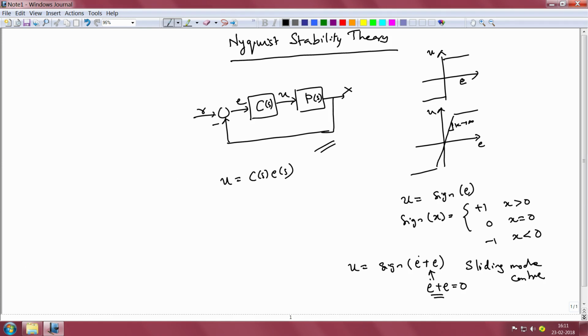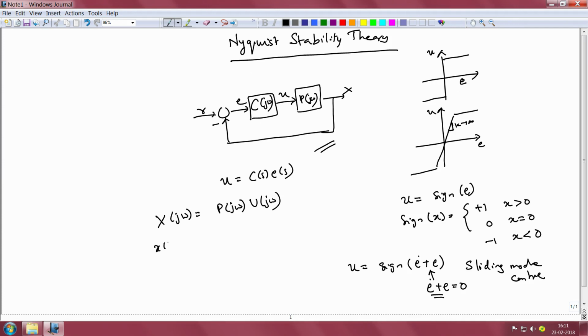So, if one were to look at C of j omega, obtain the transfer function and represent it in the Fourier domain, and represent the plant also in the Fourier domain as P of j omega, then we would have X of j omega equal to P of j omega times U of j omega,